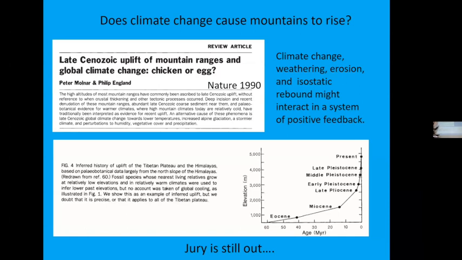And the title, Late Cenozoic, which is the last 50, 60 million years, uplift of mountains. Is it a chicken or egg thing? Their thesis was that erosion takes away stuff, and then the mountains bounce up because you remove the overburden. It's called the isostatic effect. You're covering something with a lot of rock, it's really heavy, or ice. Take that away, things are going to rise because they're no longer under this thick mass of rock or glacier. It's called isostasy, isostatic rebound.